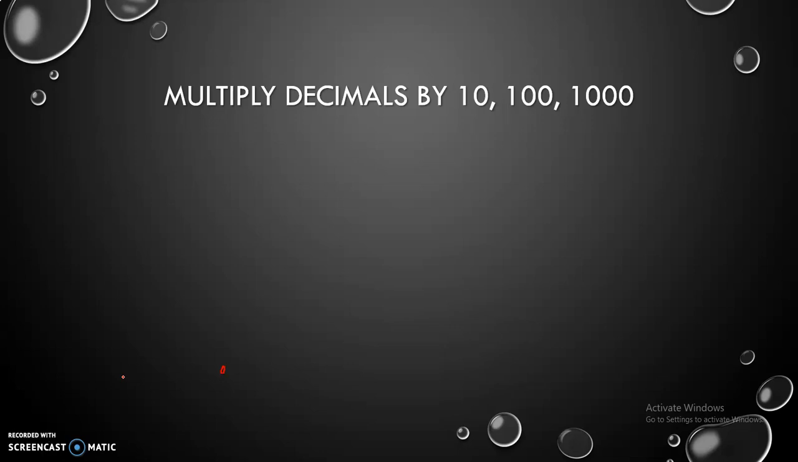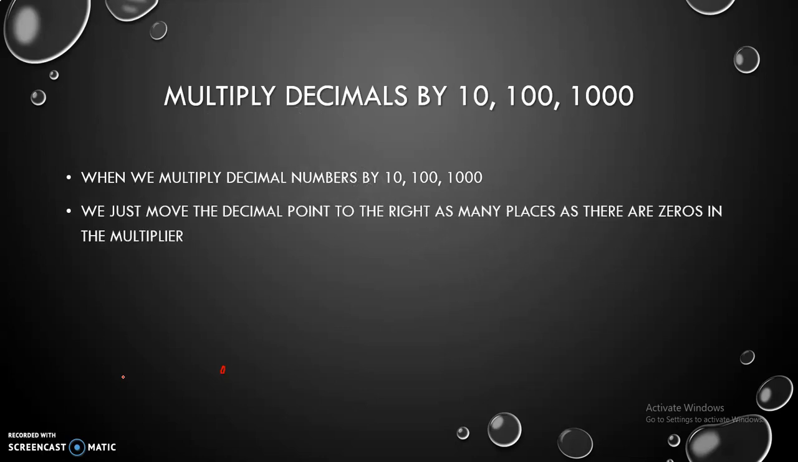First of all, in this video we will learn how we can multiply decimals by 10, 100 and 1000. When we multiply decimal numbers by 10, 100 and 1000, we just move the decimal point to the right as many places as there are zeros in the multiplier. For example,